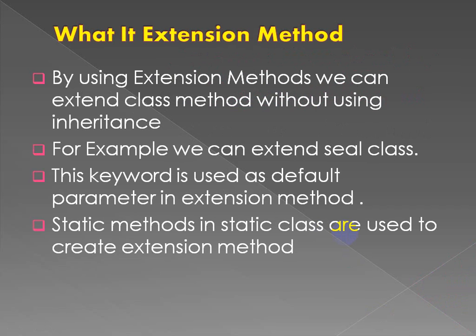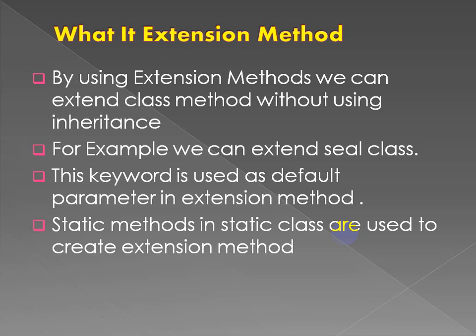For example, we can extend a sealed class. It means that there are some .NET framework classes, and you want to extend these classes without inheritance, then you have to use the extension method, because the code of sealed classes, .NET framework classes or third party utility classes cannot be seen by the developer. So by using the extension method concept, he can implement some other methods in that class, right? So a sealed class is the best example to perform it,